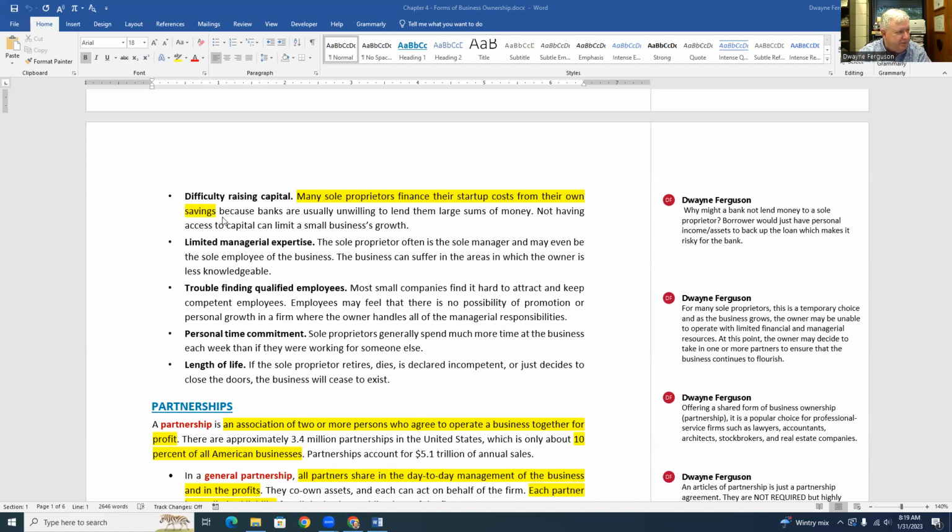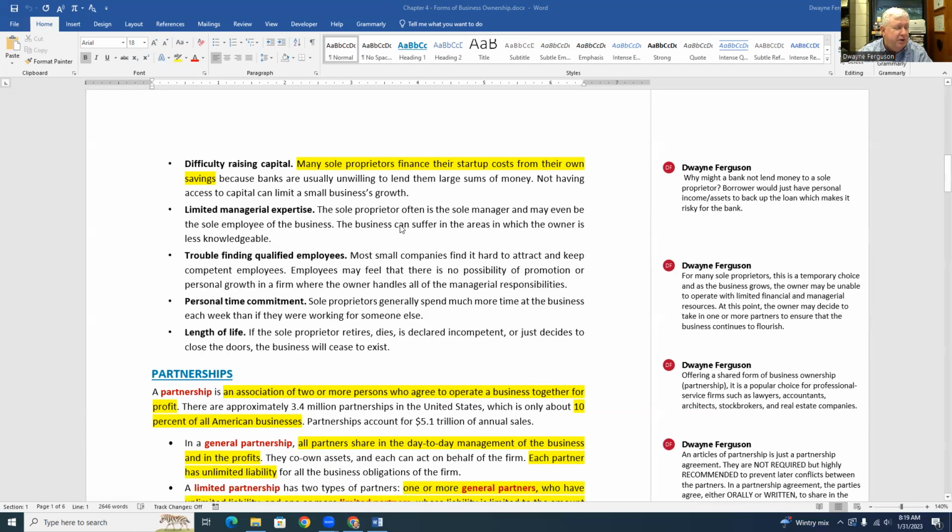So anyway, it usually comes from savings, because banks are unwilling to lend them large sums of money. They don't have as much capital to back up their loan, or to back up what they're going to borrow and what they're going to spend. So not enough collateral. So that's why I wrote that over here. Why banks might not be willing to lend you or someone a lot of money to start a business. You probably will have to put in a lot of it on your own if you want to start your